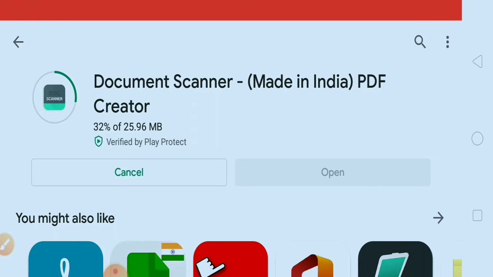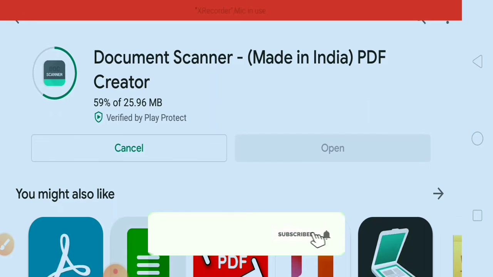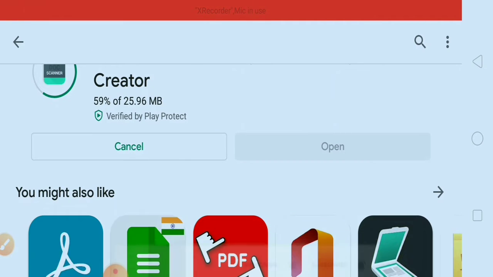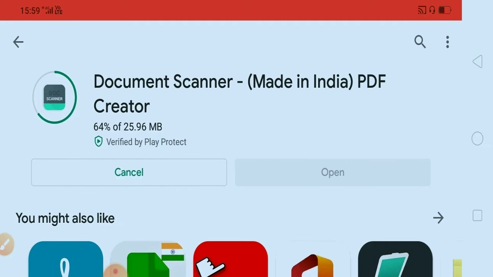Since the scanning quality of this app is very good, you can use any other app for the process of converting the images to PDF, but you should verify whether the scanning quality is good or bad. If the scanning quality is not good, then it will be problematic for the teachers to read the answers while checking. So I have just showed you how to download this doc scanner app.